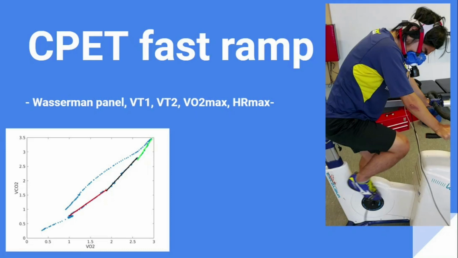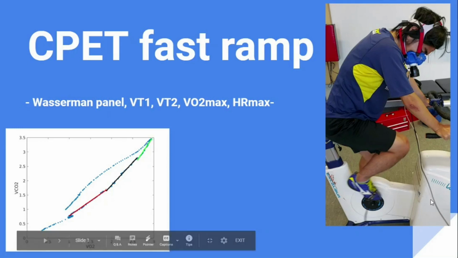As you can see in the picture on the right, this is me on the bike, and I put a mask right here, and on the mask there is a flow sensor, and this sensor detects my VO2 and VCO2. There is a turbine inside, and depending on how many rotations the turbine makes, it can detect my tidal volume, for example. And I'm gonna show you a video of the screen connected to this CPET mask or turbine.